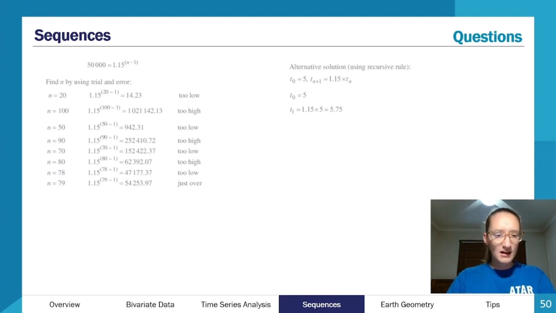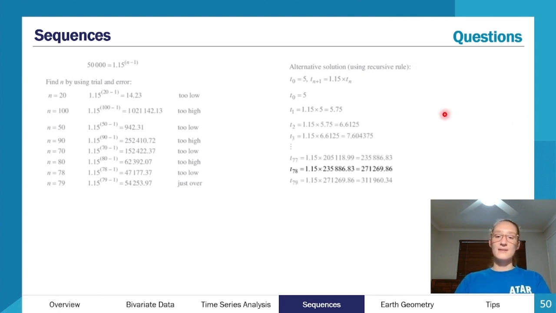I actually believe there could potentially be a bit of an error in these slides. I don't think those are the right numbers, but lucky I'm just going over the brief overview of the question, the structure and the format. But yeah, that's the essence of how they did that. They used trial and error, doing substitution. And then alternatively, you could have also used recursion. So for example, on your calculator, taking the first bit, multiplying it by 1.15, and then multiplying it by the common ratio again, and again,